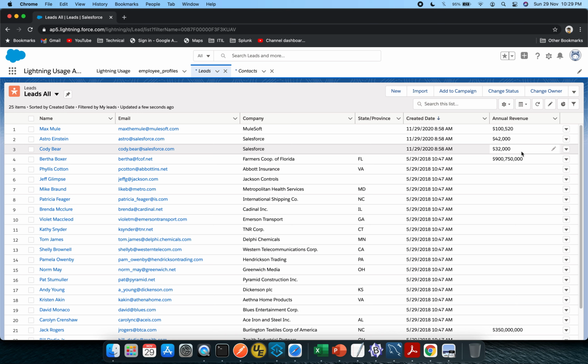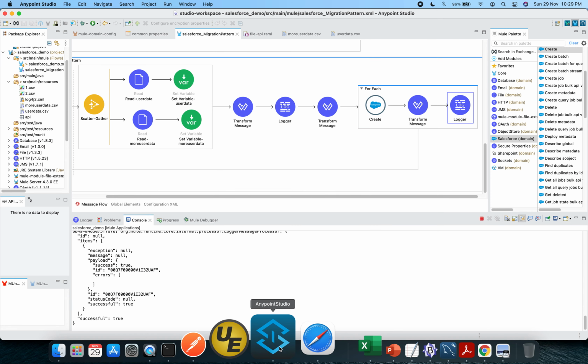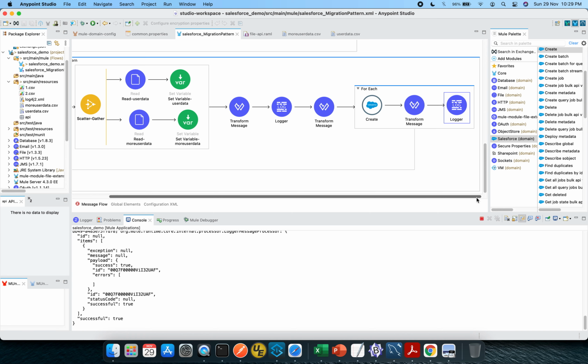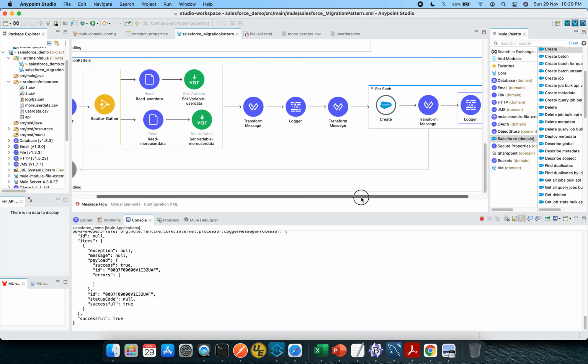So this was pretty much about the aggregate pattern, and you can play around with different combinations of the source and the way in which you want to interact with Salesforce. But the idea will remain the same.